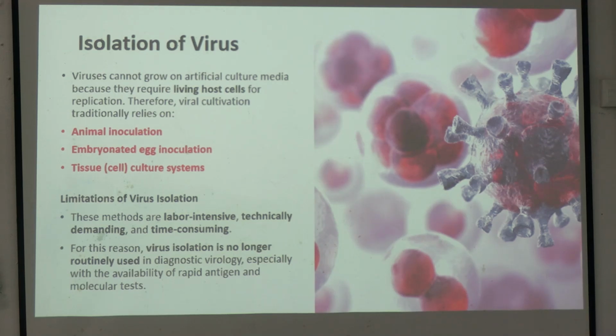ফার্স্ট you can do animal inoculation. কিছু কিছু অ্যানিমালস আছে তার মধ্যে তুমি ভাইরাস দিয়ে দিলে, আর কিছুদিন পরে ওই অ্যানিমালের সিরাম থেকে ভাইরাস আবার পেয়ে গেলে, because they will multiply in the animal, right? Then you have embryonated egg. যে ডিমগুলো আমরা খাই, that is not embryonated, that is unembryonated. So when you go to a poultry farm, you can buy embryonated eggs, যেগুলো থেকে অ্যাকচুয়ালি হ্যাচিং হয়।